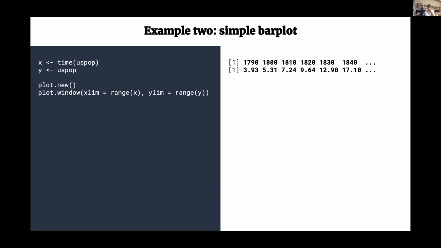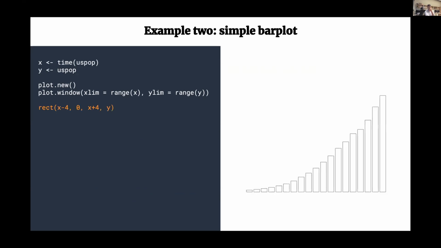So in this case, we want a bar plot. What do we do? We call rect, basically to draw a rectangle for every population value for every year. We already have something that resembles a bar plot pretty well. Then we might want, for example, to add the actual values in text on top of each bar. And here,